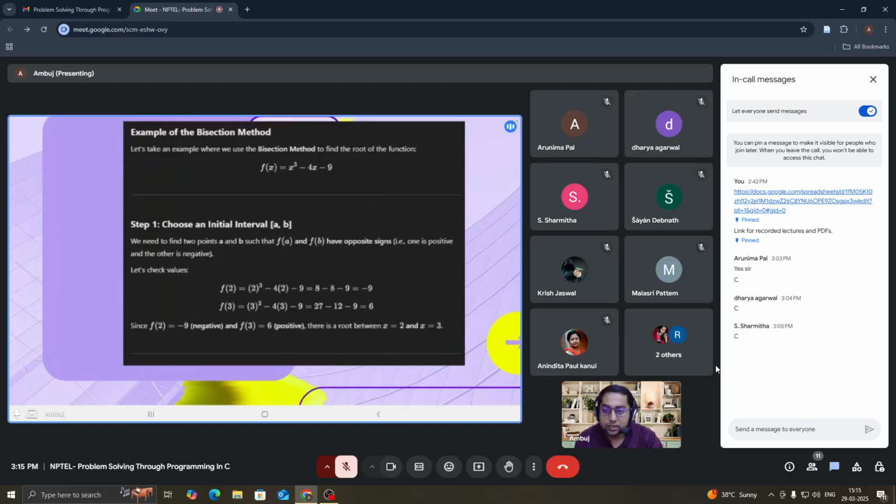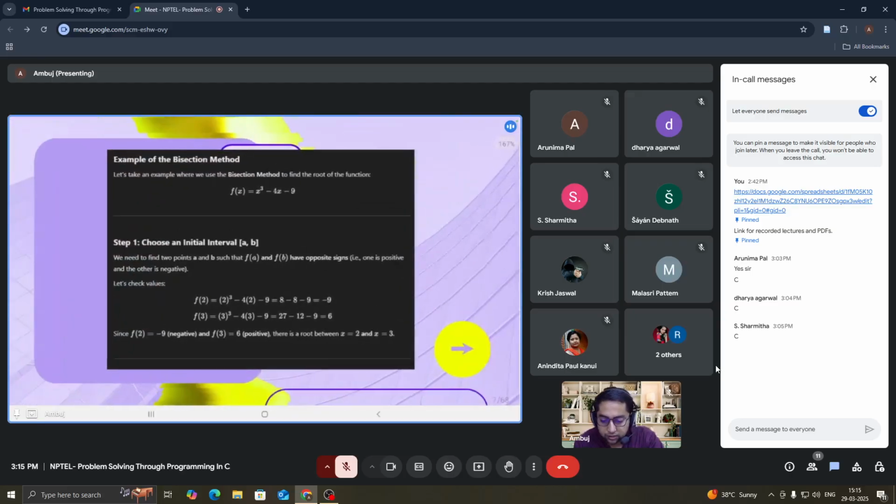So here in this particular case, I have calculated f of 2, which is -9. f of 3, I have calculated, which is 6. So there must exist a root between 2 and 3, since the signs are exactly opposite. Now you try to see